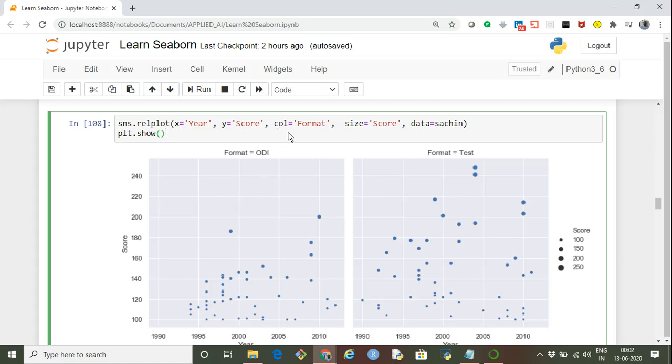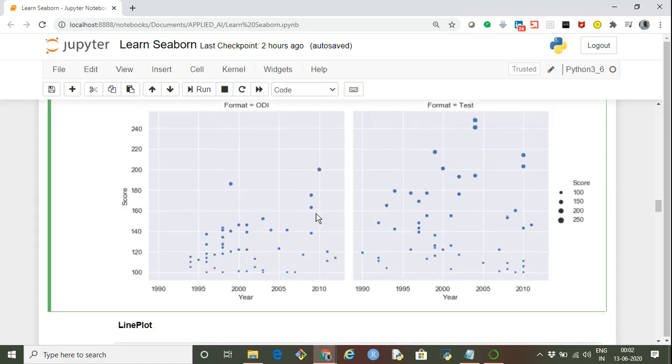Based on the value of the format, whether it's one day or test matches, I'm getting different plots. This way, it provides a comparison between the centuries he scored in one days and test matches throughout his career. If you see, in the test matches, he scored really big centuries, and most of his centuries were actually pretty high.